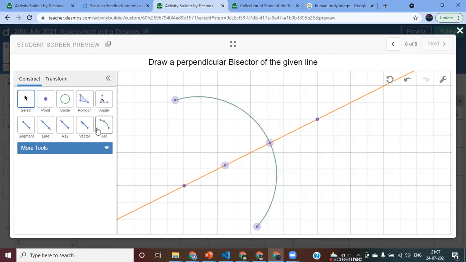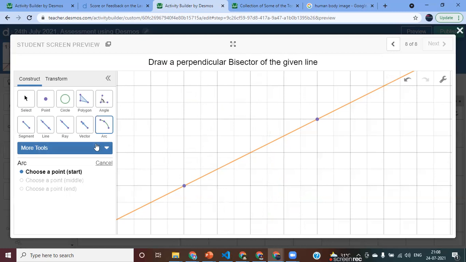Look, so let's use the arc again. And here I'm using it, right? The thing is, because we are not using the proper compass system here, the problem can be solved using the circle. Ask them to draw the circle, because here we have the angle tool, but we don't have the compass tool. So to solve that problem, you can ask them to use the circle. So let's find the middle point and then find the circle which is passing through both lines,